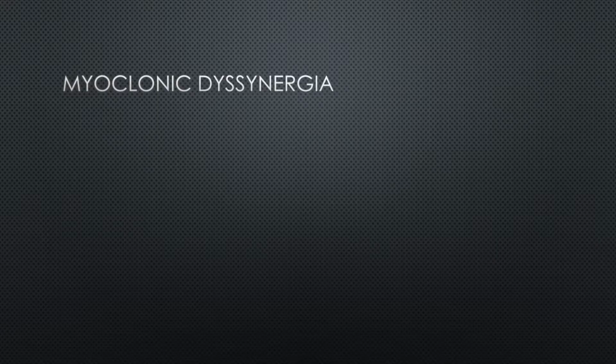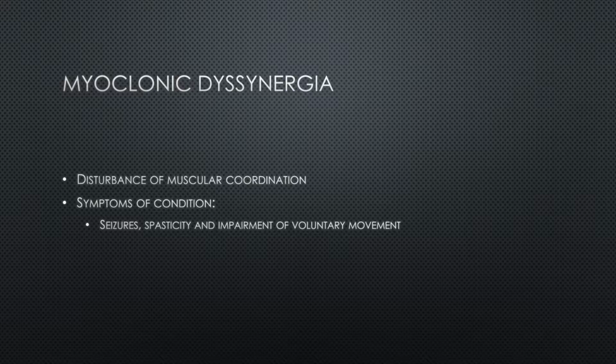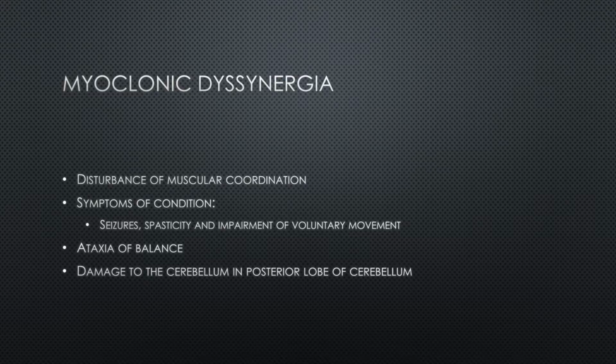Dysinertia is defined as any disturbance of muscular coordination which results in uncoordinated and abrupt movements. The condition of myoclonic dysinertia may include seizures, spasticity, and the impairment of voluntary movement. Myoclonic dysinertia is an aspect of cerebellar ataxia, in particular, ataxic balance. Because this involves the fine motor skill of balance, it is assumed that a lesion causing this condition would occur